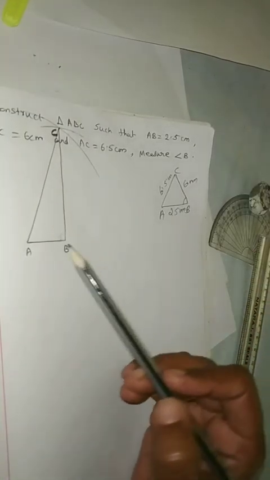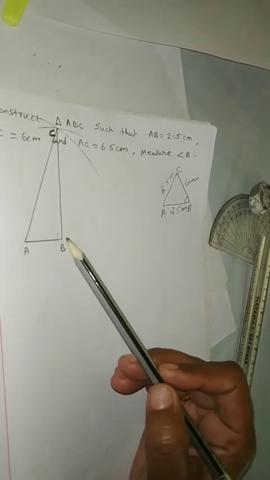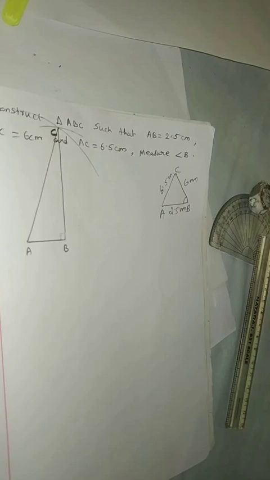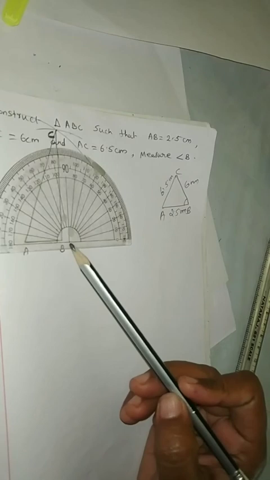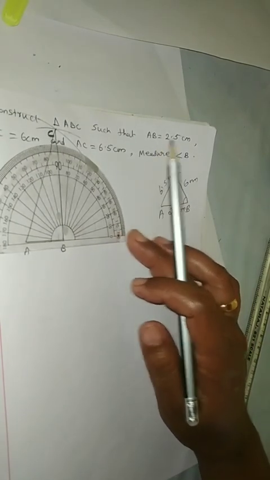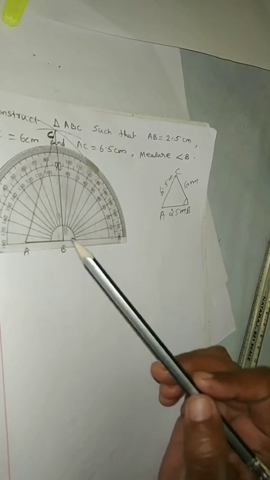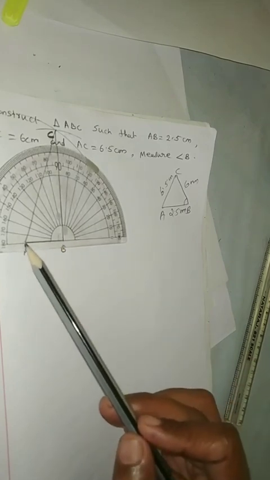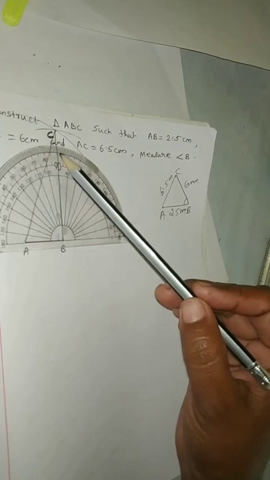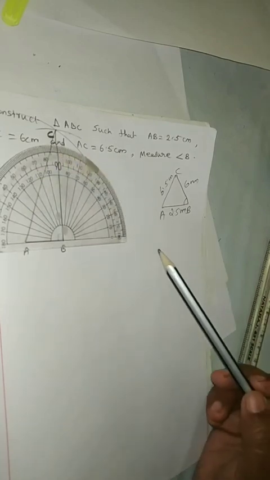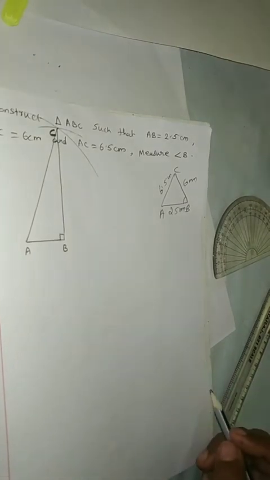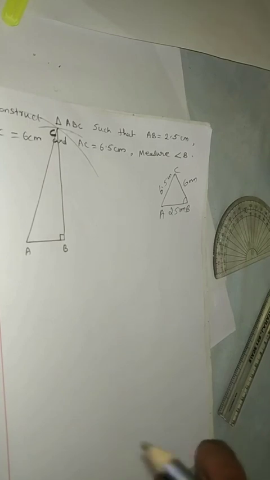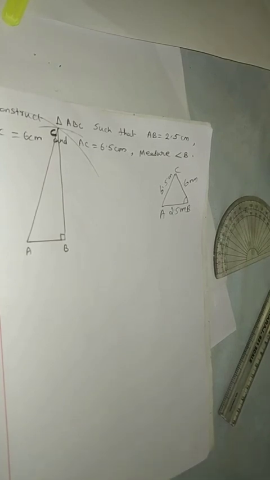Now this angle looks like a 90-degree angle, that is an L shape. Okay. If you have confusion, take the protractor and keep the center on B. Then measure from here to there because the line is here. Then 0, 10, 20, 30 and so on. This will be up to 90 degree. So angle B is equal to 90 degree. I think now you got the idea: if you get 3 sides of a triangle, how can we make that triangle? Okay, thank you.